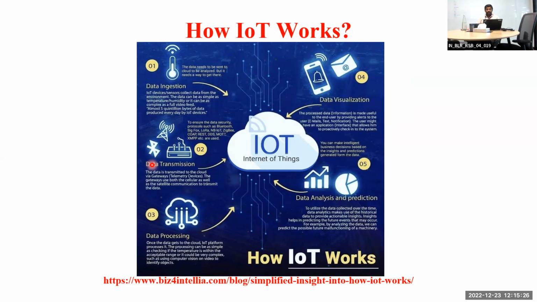Next is data analysis and prediction. For this technique we need to use algorithms, optimization algorithms, AIML, and so on, to predict. For example, if somebody is using a pacemaker and his heart is performing like this, the system can predict and send a text that your heart is well, but you have to come for a follow-up checkup on such and such a date or week. That prediction we can make.